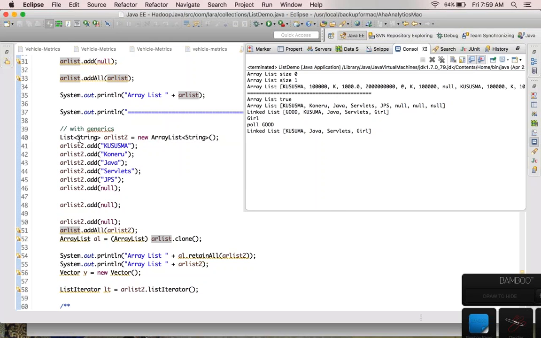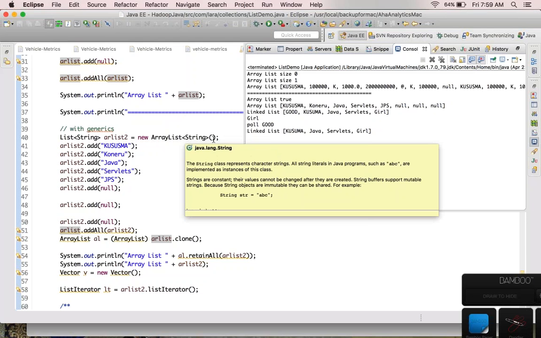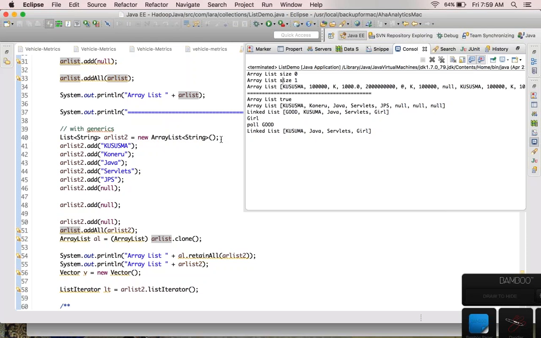Okay, List of String. It means that I want only strings in it. And your ArrayList, your object name, and new ArrayList of String. You have to specify it this way. Please remember this is the syntax for it. Anyway, I'll share this program with you guys. And I'm adding only string elements. If I try to add a number,